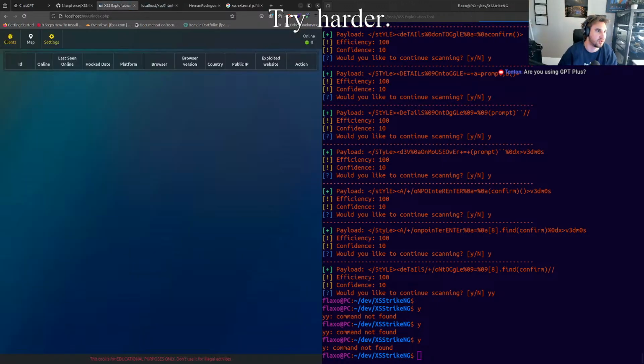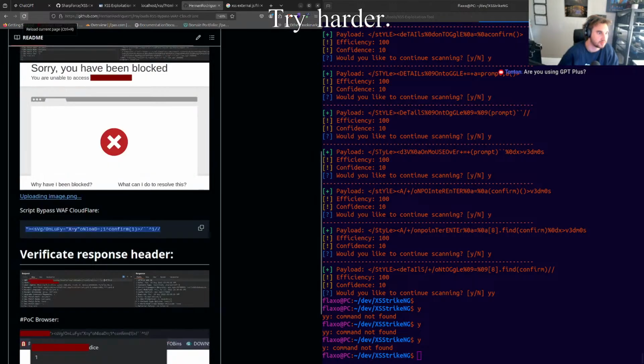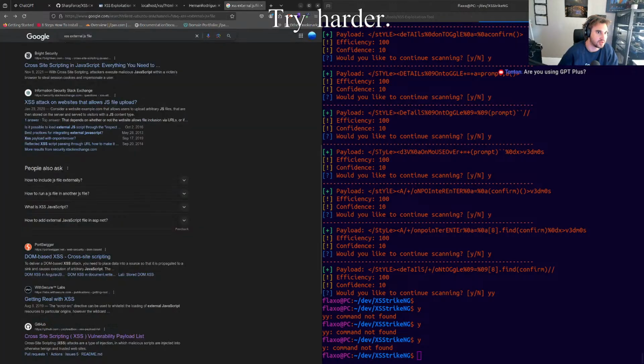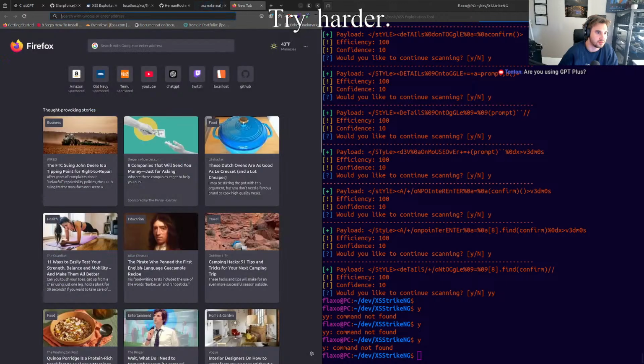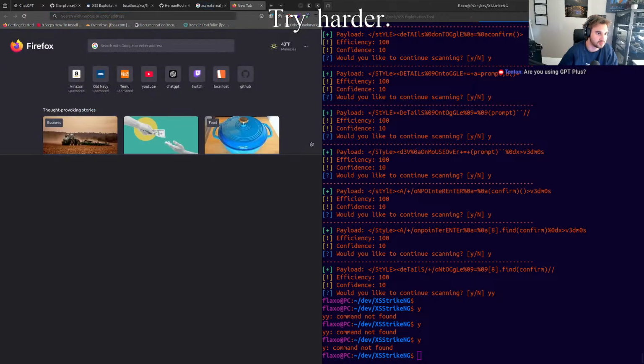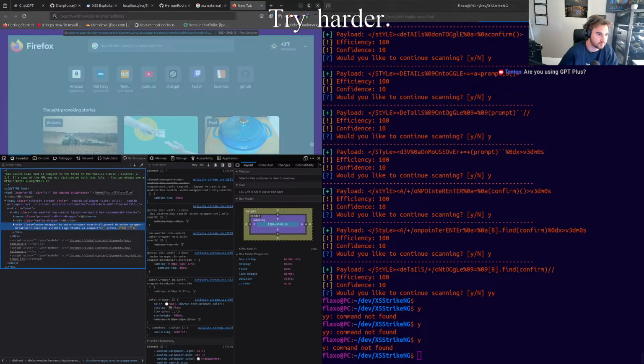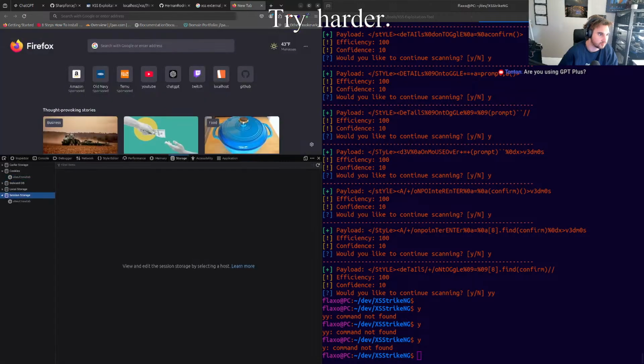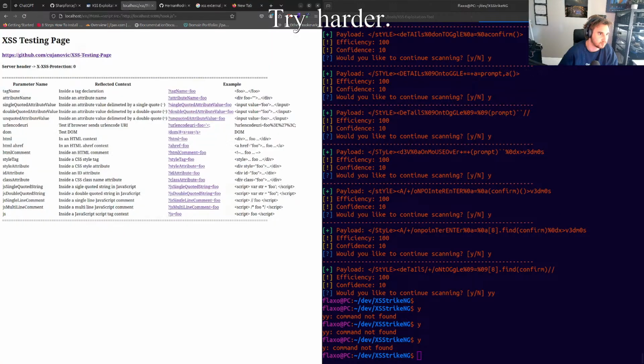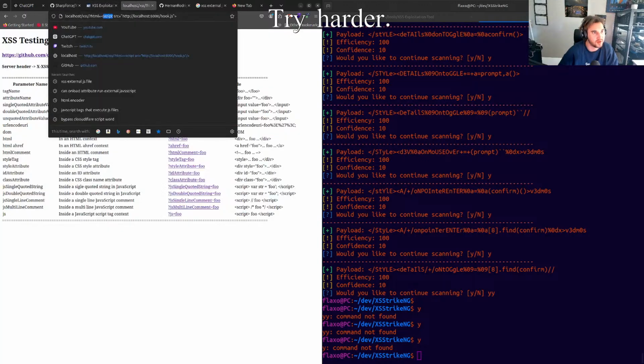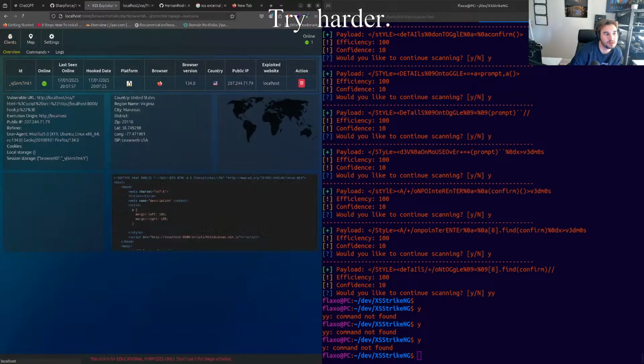That works with script. That's just not realistic though. Especially with Cloudflare. I mean, if you find a site without Cloudflare, yeah, but